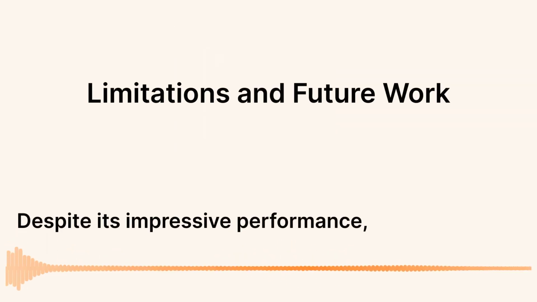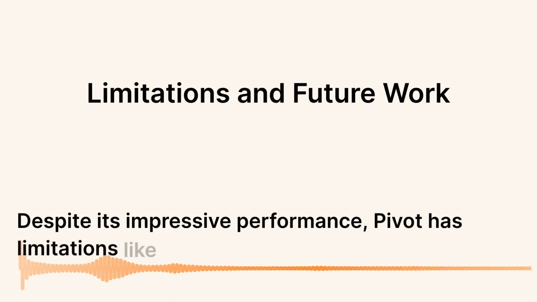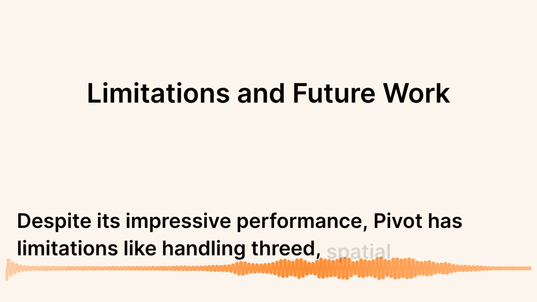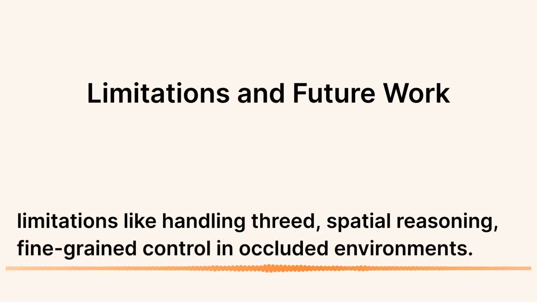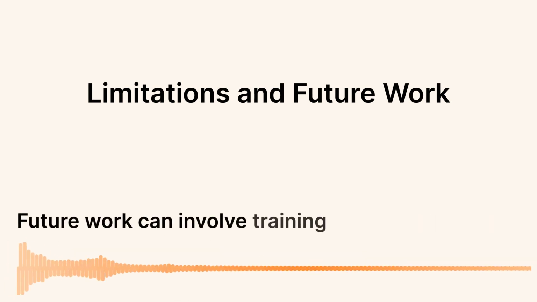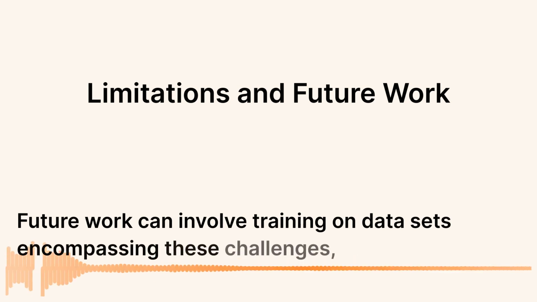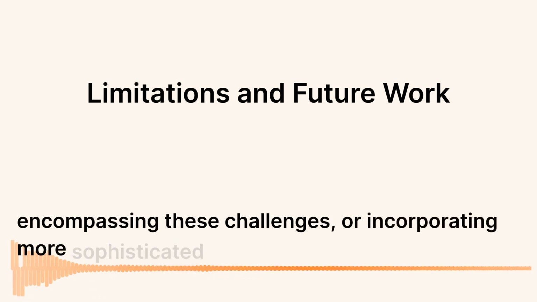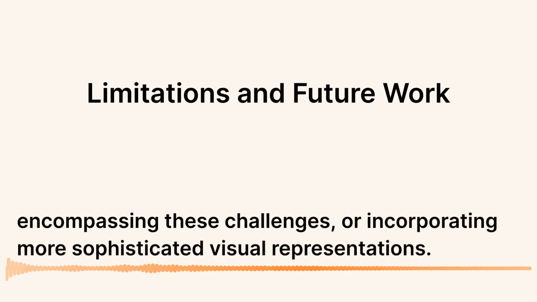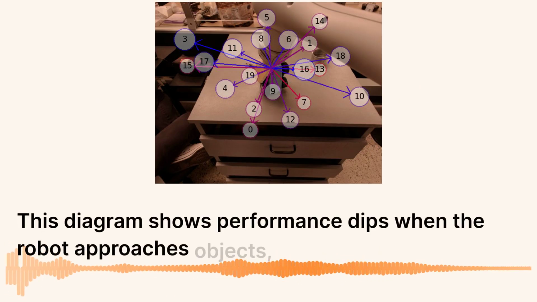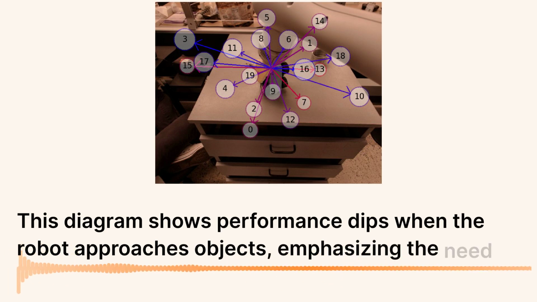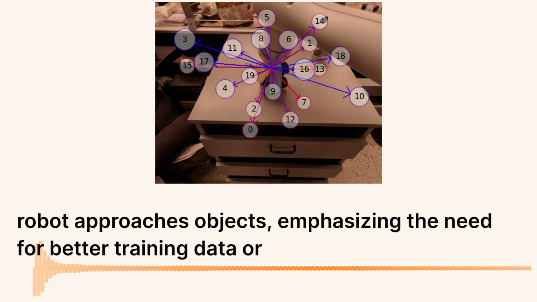Despite its impressive performance, Pivot has limitations like handling 3D spatial reasoning and fine-grained control in occluded environments. Future work can involve training on datasets encompassing these challenges or incorporating more sophisticated visual representations. This diagram shows performance dips when the robot approaches objects, emphasizing the need for better training data or more advanced